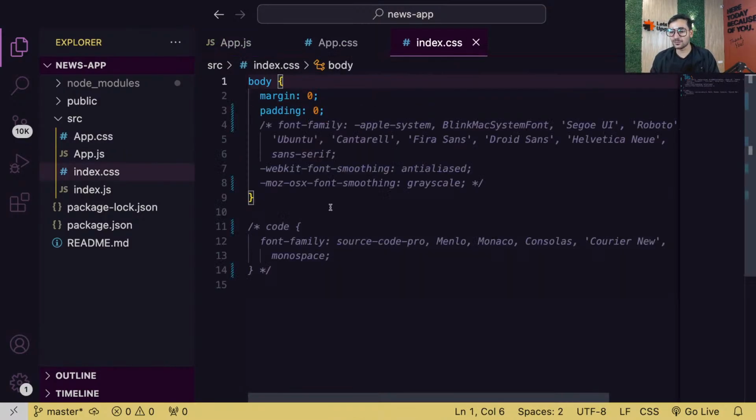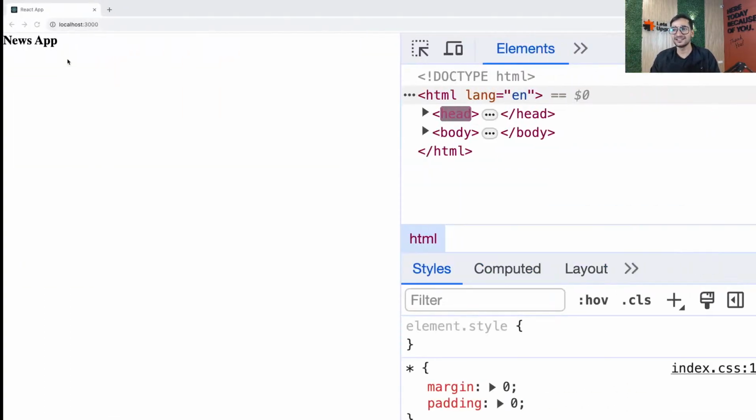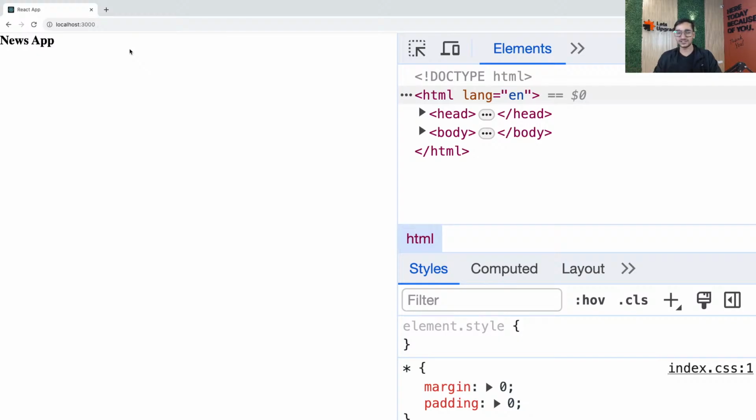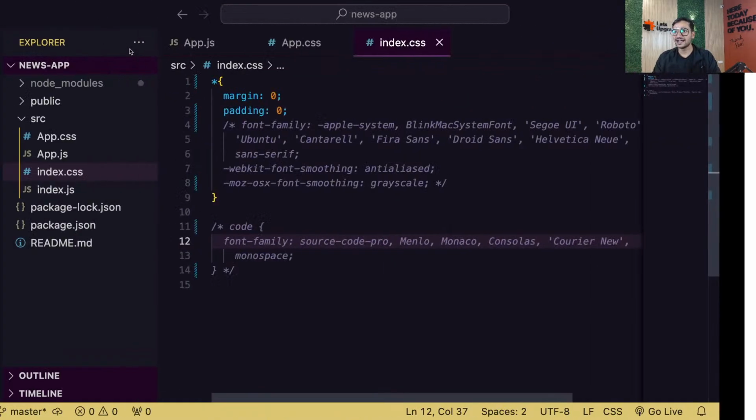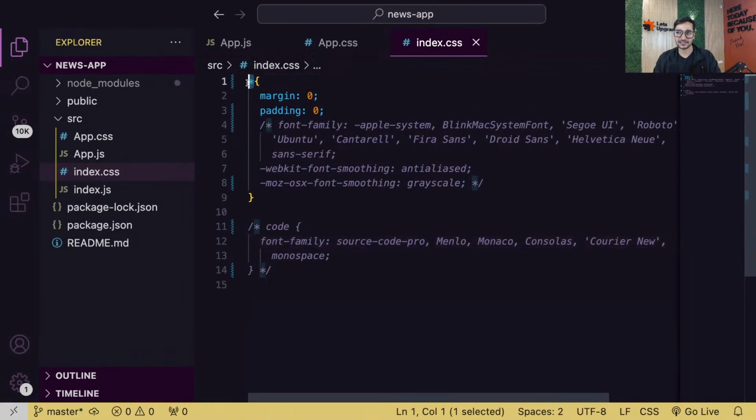So rather than using body, let's simply go ahead and use star, that is asterisk. It will select everything and it will remove the margin. I completely forgot. See. Okay, guys, so now complete fresh, no margins, no paddings. And guys, rather than body, I said asterisk. That means for all selectors, just the way we do in CSS. And we can get back the font now.